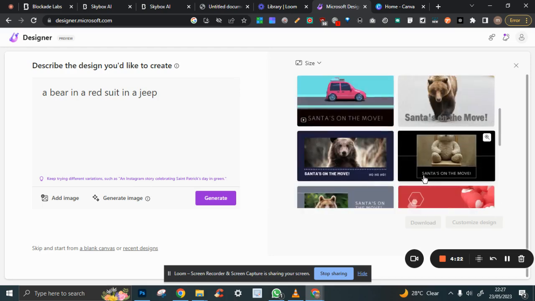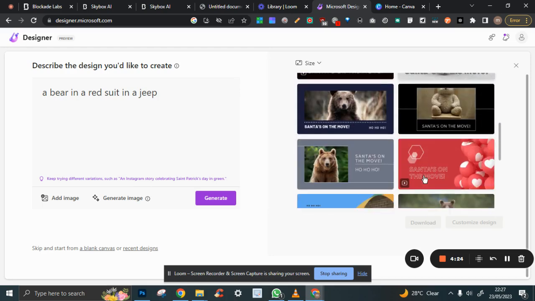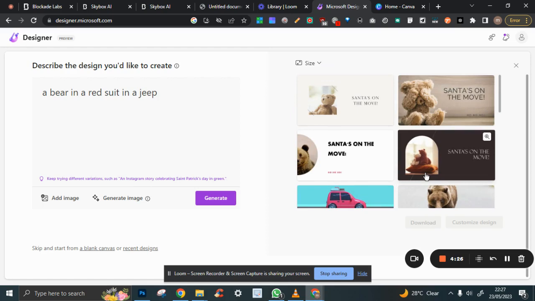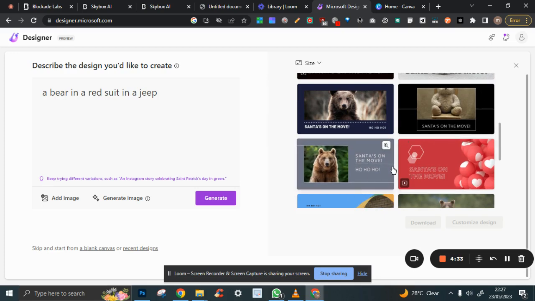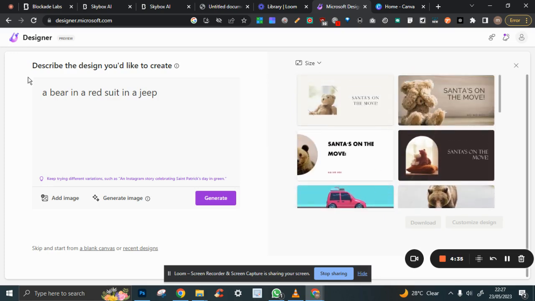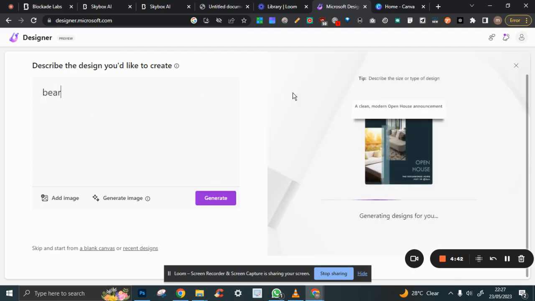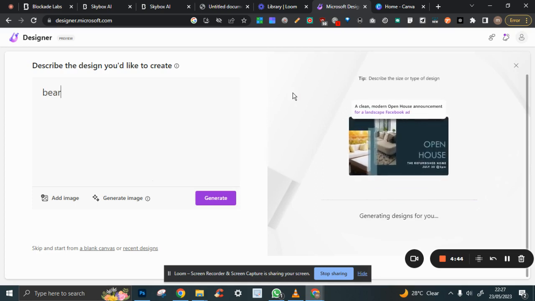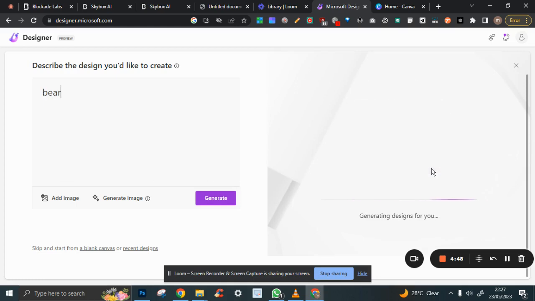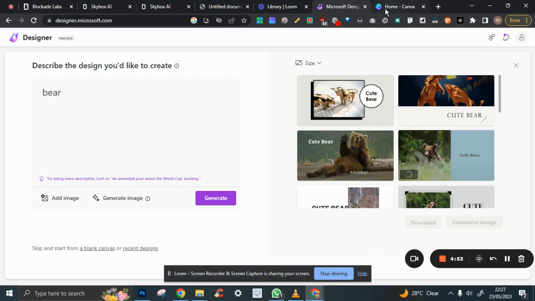It doesn't really do much of AI stuff. You understand? But the difference is that it gives you templates you can start off with that has the word beer in it. You know? So if I did the same thing